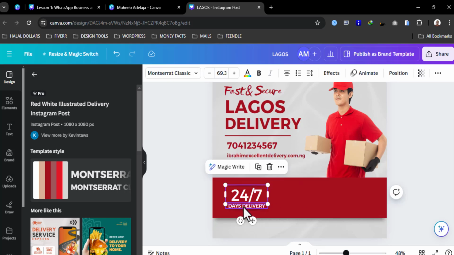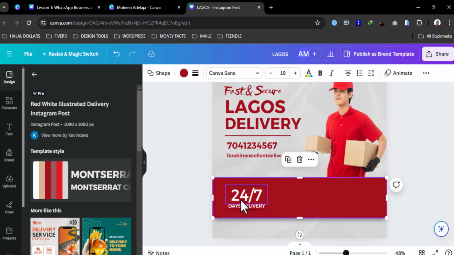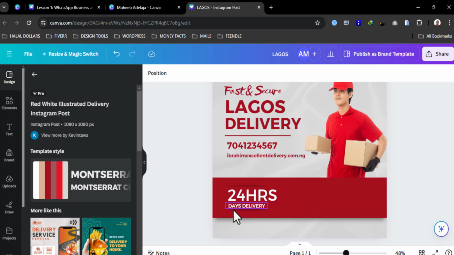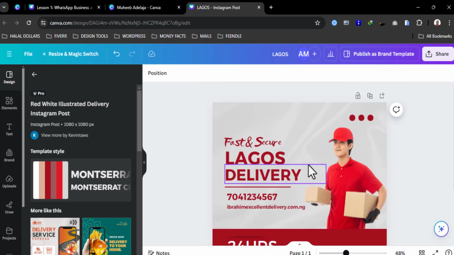You can leave this one, 24. If anything is relevant, you can leave it, but the major things are what I've mentioned. 24 hours delivery. So that's basically it. So this is the design, basic design. So once you have your basic design ready,